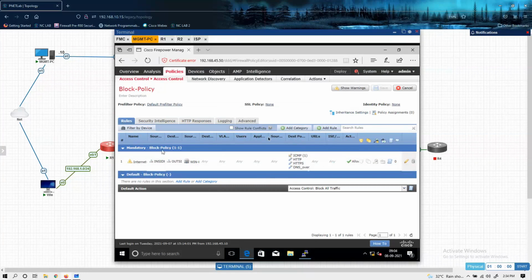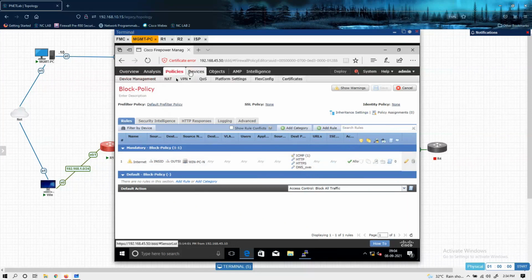Okay, so here I will tell you about all these parameters, but for now we are permitting the traffic for internet access from this inside zone to outside zone. This is the source network, the Windows PC network. In this object, the 192.168.1.0/24 network is configured. It is allowed to go to any destination network for these protocols: ICMP, HTTP, HTTPS, and DNS over UDP. Traffic is allowed.